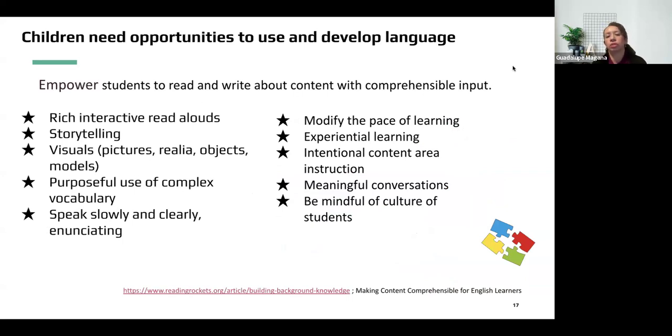Children need opportunities to use and develop language, so there are more hands-on activities, interactive, out loud, story time. I know that probably will sound silly, but I feel like even I taught high school, for those that are in elementary,